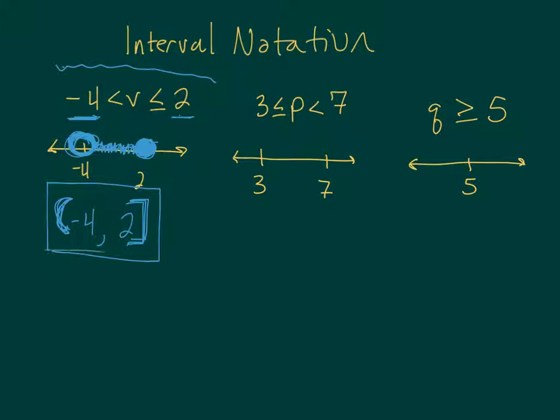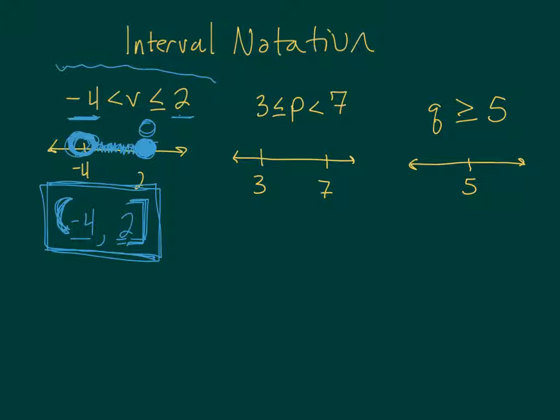And the idea here is that while this looks kind of like an ordered pair, the context would tell you, oh no, this is a set of numbers between -4 and 2, but I'm not going to include the -4, and I will include the 2. And that's just interval notation. So it could end up being confused, like if these were both open circles, I guess it could be confused for an ordered pair, but usually, based on what the question has asked you, mathematicians and math students agree to understand what's going on.